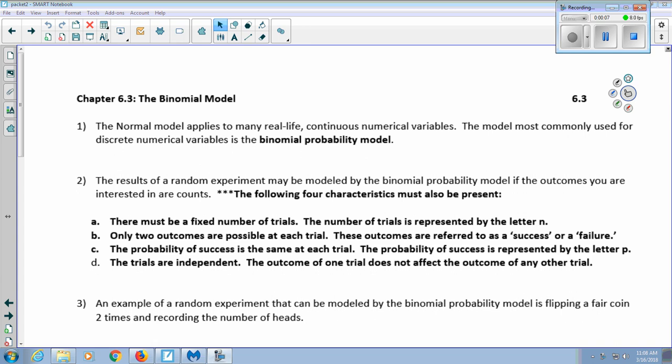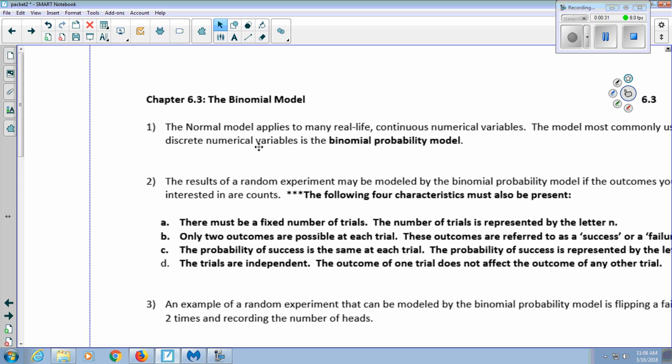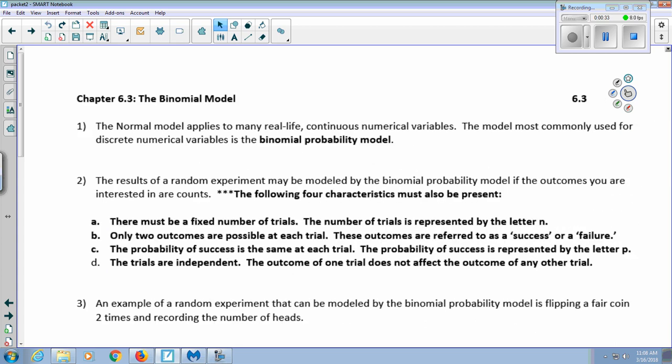So today we are doing chapter 6.3, the binomial model. In section 6.2, we saw that the normal model applies to many real-life continuous numerical variables. The model that's most commonly used for discrete numerical variables is the binomial probability model. That's the focus of today's